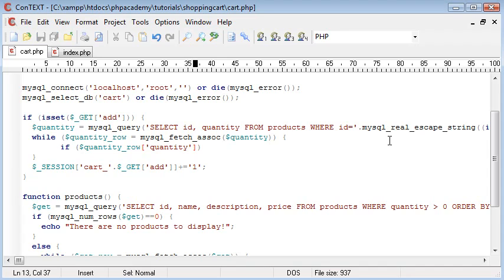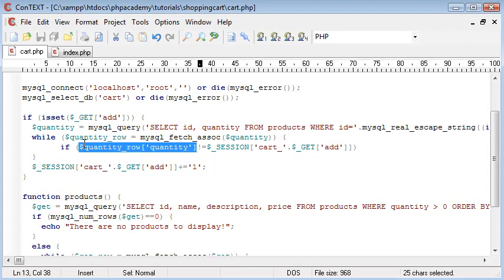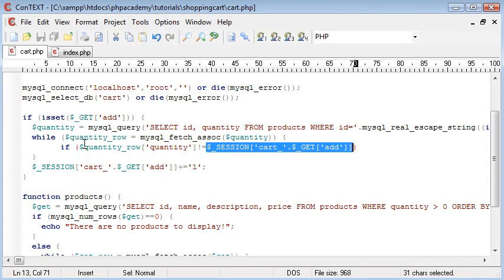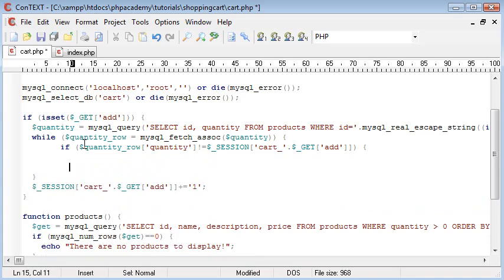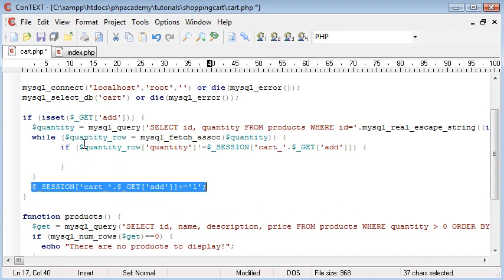We want to say if the quantity inside the database doesn't equal $_SESSION cart_ $_GET add. So basically what we're saying is if the quantity listed in the database doesn't equal the quantity already in the shopping basket, because remember this session is basically our shopping basket, then we want to do something here, and that is obviously